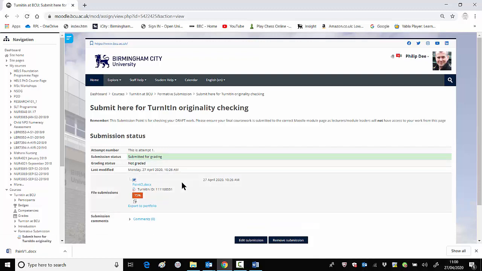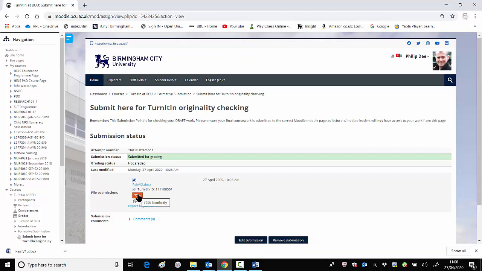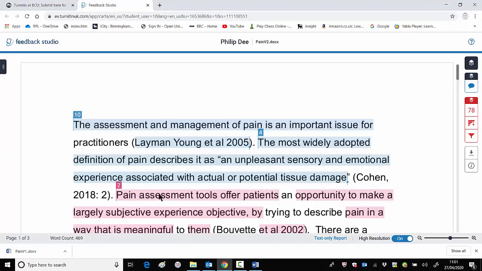Okay, it's finished the processing of my adjusted version, what I've called my version 2. It's given a value of 75%, even though our original value of 78% had gone down to 52%, but this is because I suspect it's reset the filters. So let's click on the percentage similarity to open up the report, and again I'm going to go into my filters,